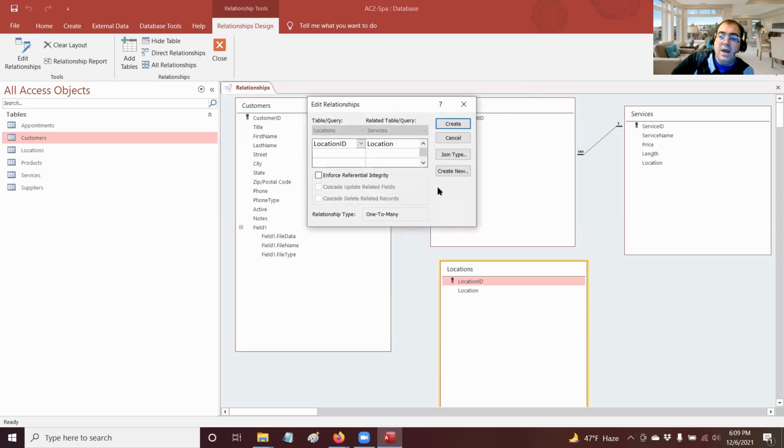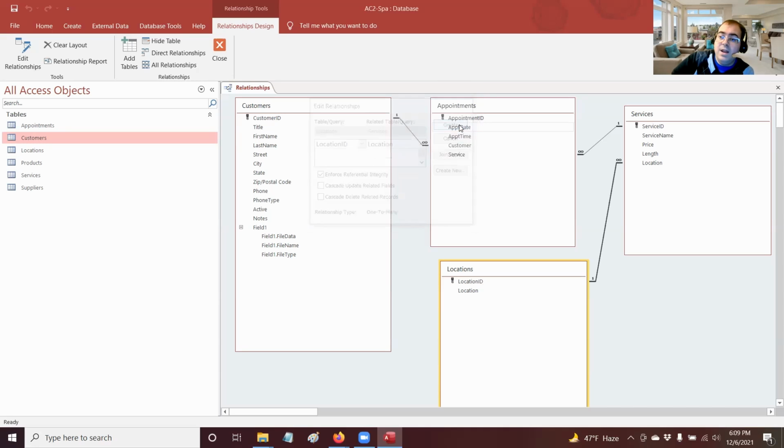Then we'll click OK. Notice now that it did that, and I want to enforce the data integrity between the two fields. And then we'll go ahead and hit create. So notice now that location ID here goes with the location on the services. And then they want us to go ahead and keep this open since we're moving on to the next skill,